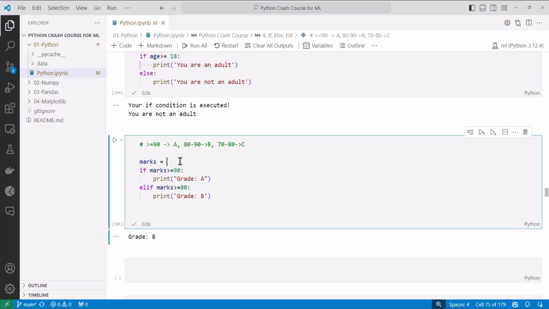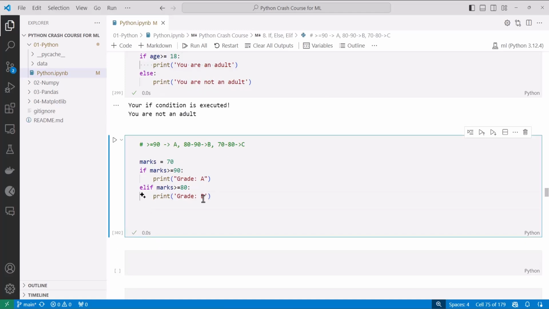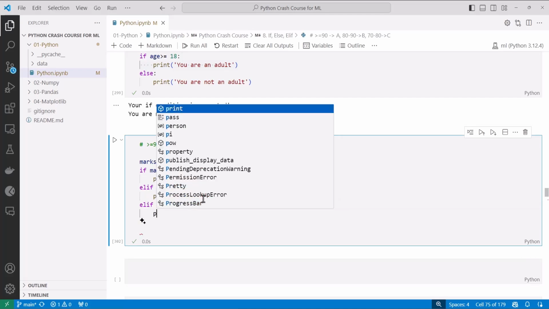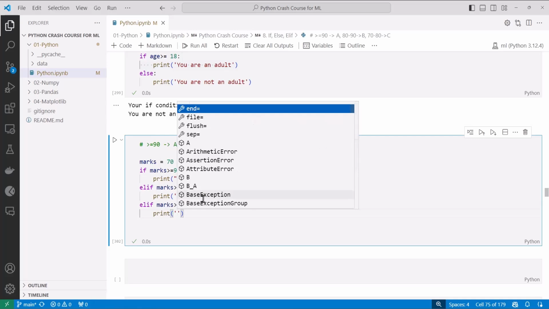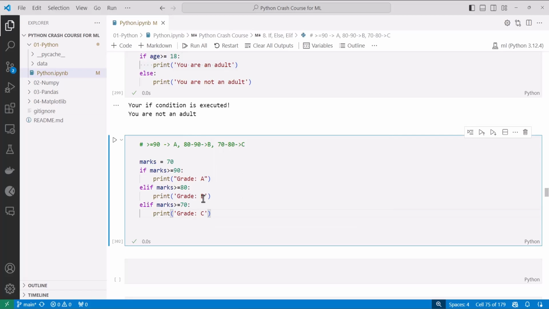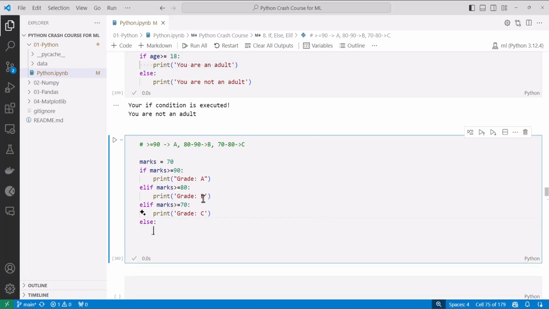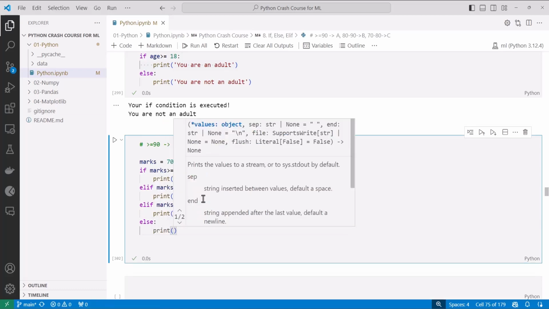But let's say what happens if you put 70. For 70 we have not defined any grade as of now. That is why we are not getting anything. So let's go ahead and do that as well. You can just write else if, and then you write marks greater than or equal to 70, and then you say print grade C. It's like this. And thereafter finally you write an else statement, and in the else statement you write print